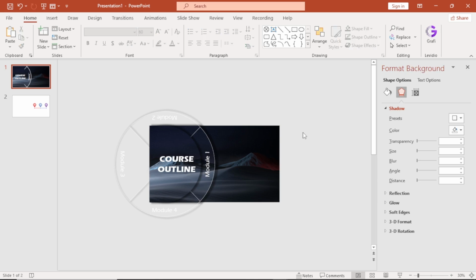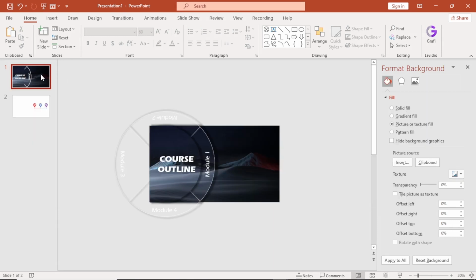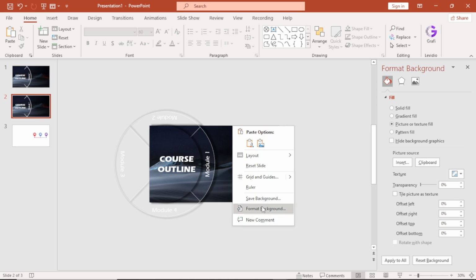Moving over to step 4 is to duplicate our slide and then add other backgrounds, change the rotations. And to do that, let's head over to this and we press Ctrl D. Now, once that is done, we are in slide 2, coming over to this, right click, go to format background,